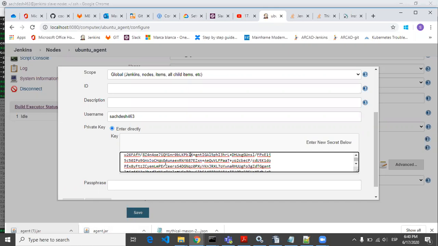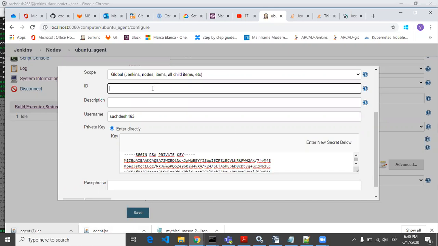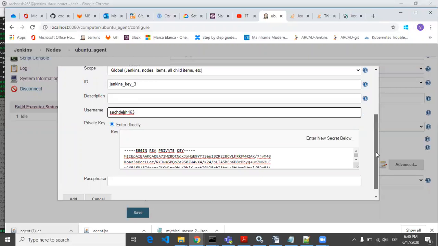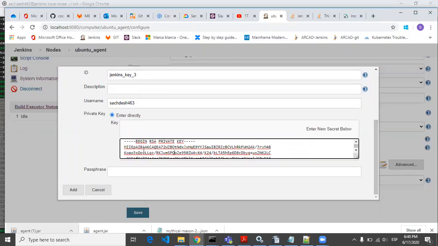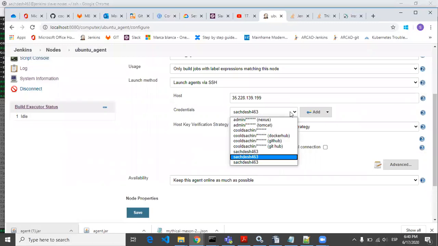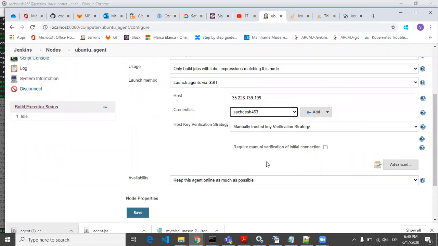The ID is given like Jenkins_key_3. This is the username I have given, and this is the private key I have put. Add it and select the latest key from here.